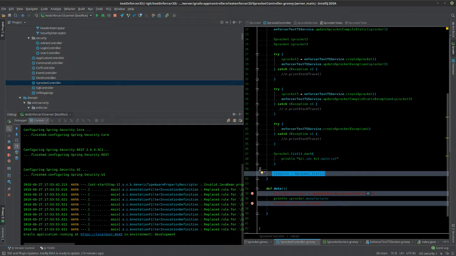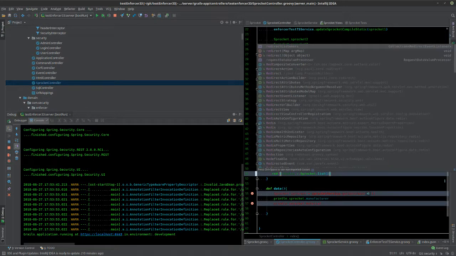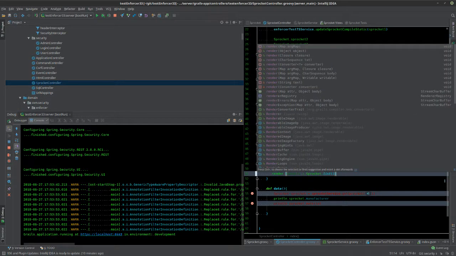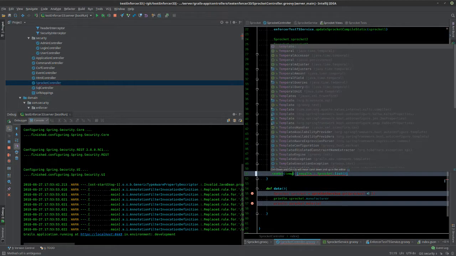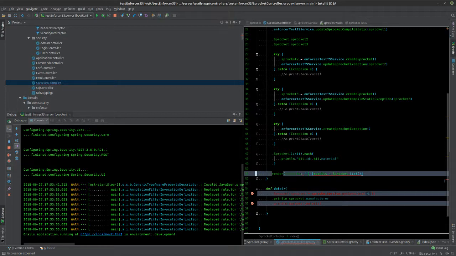But I could also do, just so I can show you this live, I'm not used to this keyboard. So render, and then template, which in this case would be index, and then a comma, model.